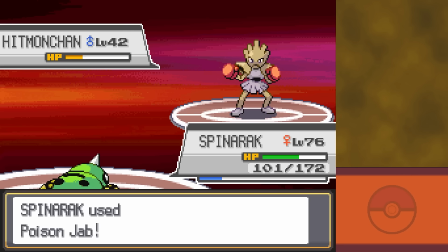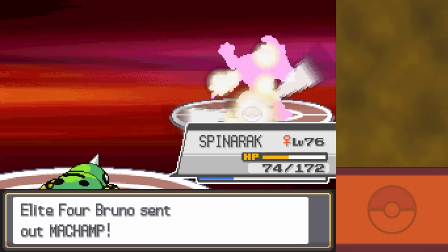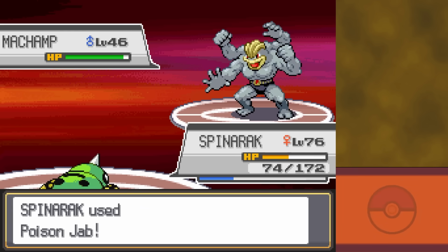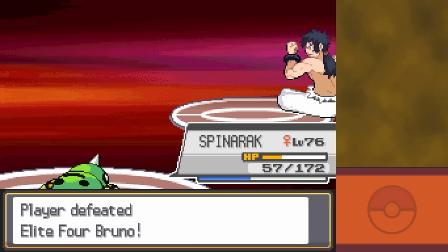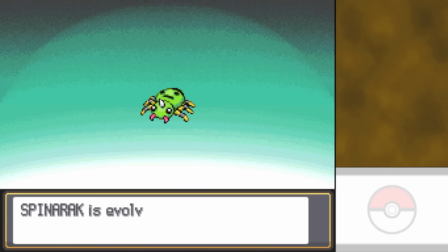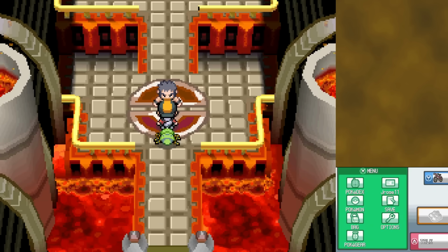Hitmonchan's a little bit bulkier than Hitmonlee, but we one-shot, and now all we have to worry about is Machamp. Will Life Orb Poison Jab one-shot Machamp? Well, I guess so with a crit. Who cares? Second try victory against Bruno, and we've made it all the way to the Dark-type Elite Four member,